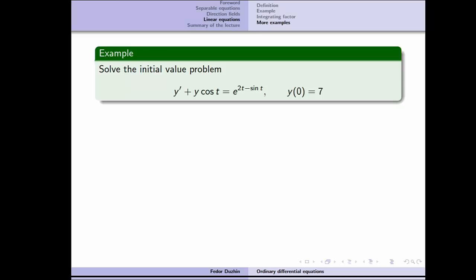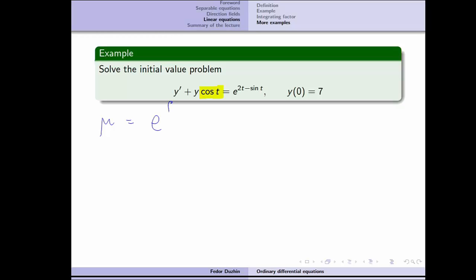So let's do one more example. Again, this is an initial value problem, but we have to begin with solving the equation first. So first we need to find the integrating factor, right? The coefficient at y here is cosine t. So the integrating factor is